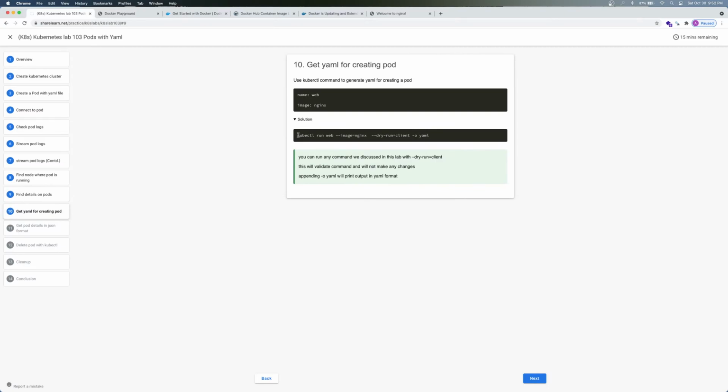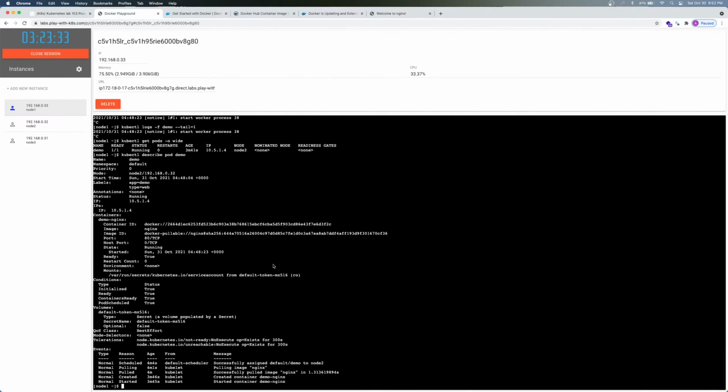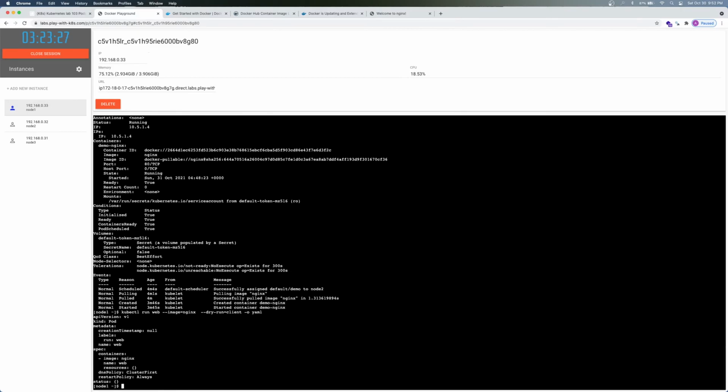So now, again, we have already done that, but let's say we just come up with the YAML file in this case, but you want to find out what should be the appropriate YAML file for any object. In this case, we are finding it for the pod, so we are using the command kubectl run